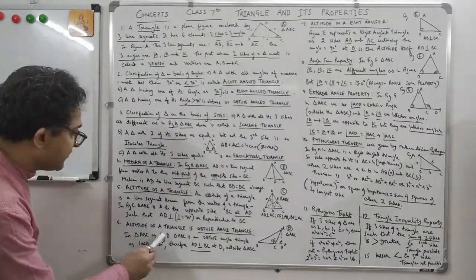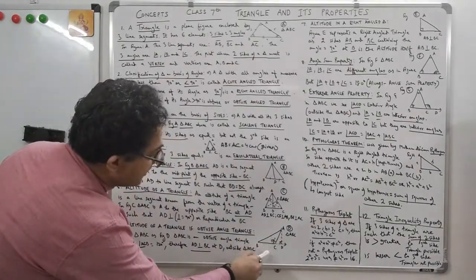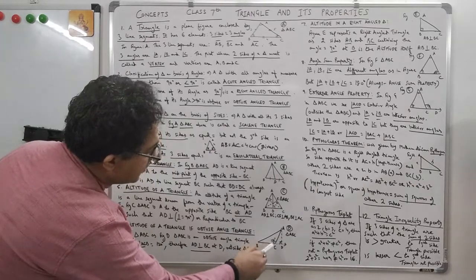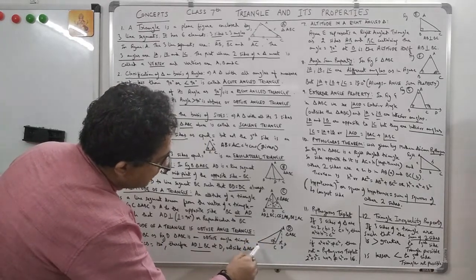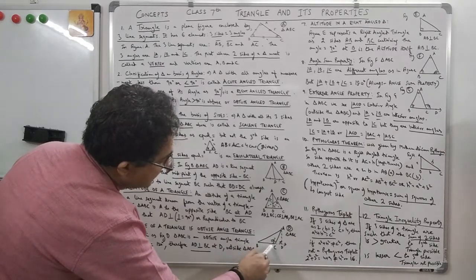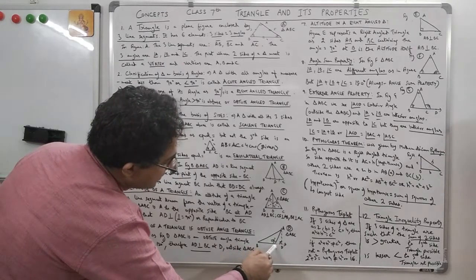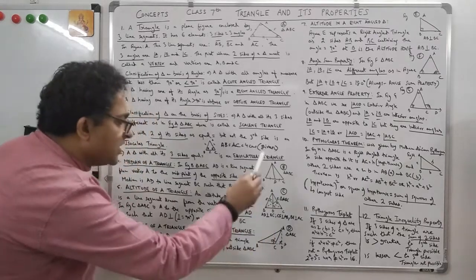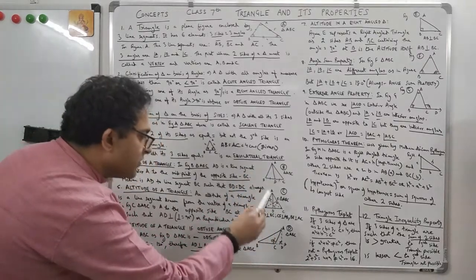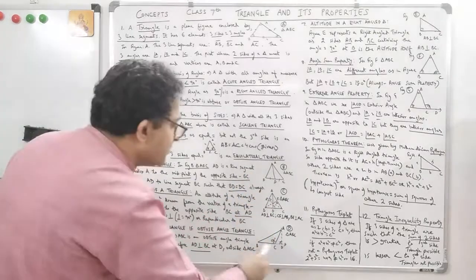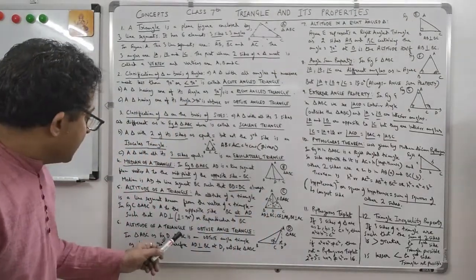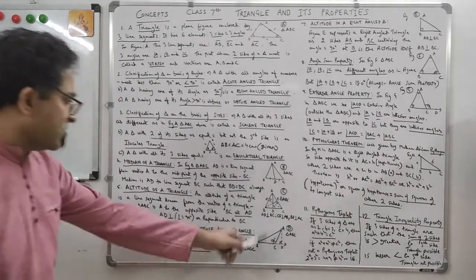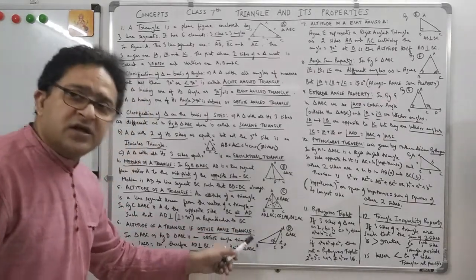In triangle ABC as figure D, I have to make an altitude. This altitude will be AD. AD will be perpendicular to BC, but as you see, D will be outside the triangle ABC. So in figure D, triangle ABC is an obtuse angle triangle. You can see this angle ACB. This is how you do it.